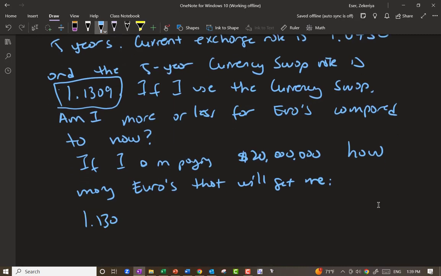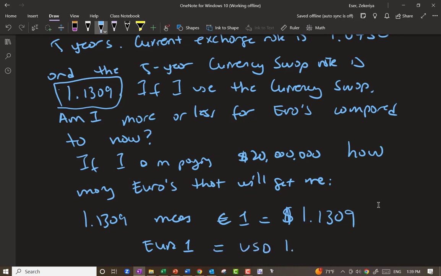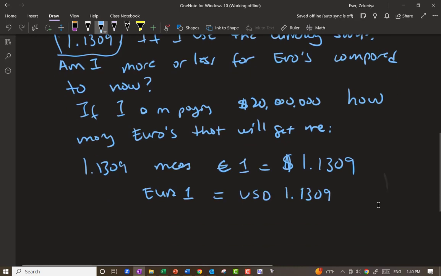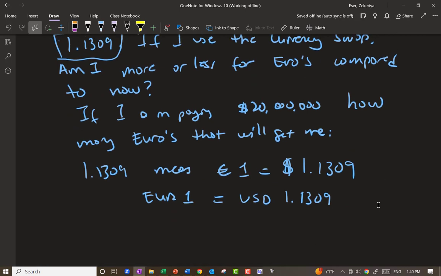So 1.1309 means 1 euro is equal to 1.1309, or 1 euro is equal to 1.1309 dollars, since other nations use the dollar sign as their currency symbol. Even the Mexican peso uses that. So that means